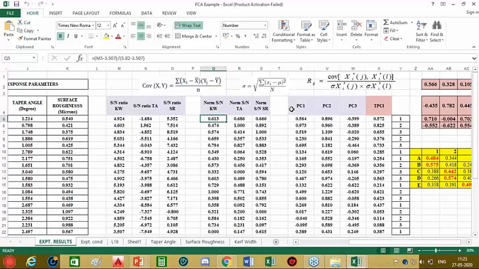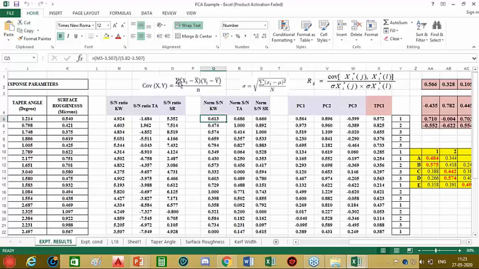As we know, the Pearson correlation coefficient can be obtained as a ratio of the covariance between these two particular responses divided by the product of the standard deviations of the two responses. So we know that covariance is basically a measure of how much two random variables vary together. It is similar to variance, but where variance tells you how a single variable varies, the covariance will tell you how the two variables vary together. The covariance is calculated using this particular formula.